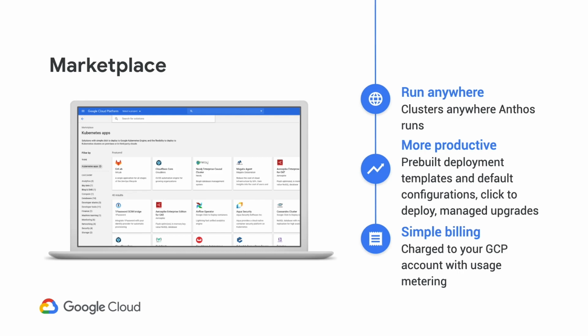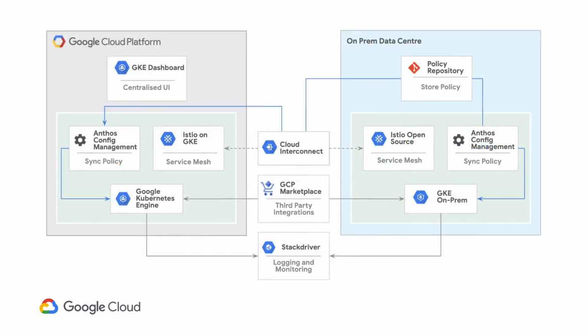The other nice thing that the marketplace does is that it gives you all of the billing for those third-party tools that you use on your Google Cloud bill. You don't need to write up a new contract or purchase order with another customer or another vendor. It's all just simplified on your GCP bill. There'll be a section there for whichever marketplace apps you use. And there you have it.